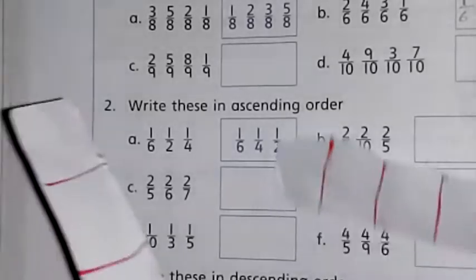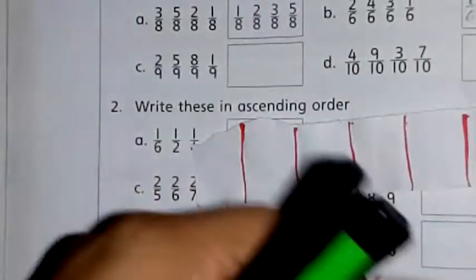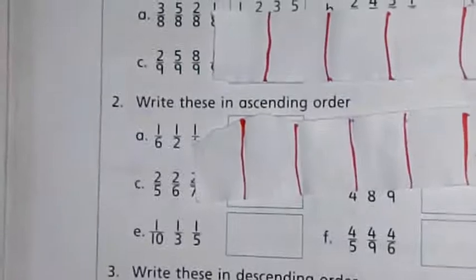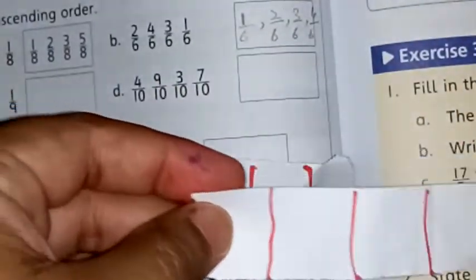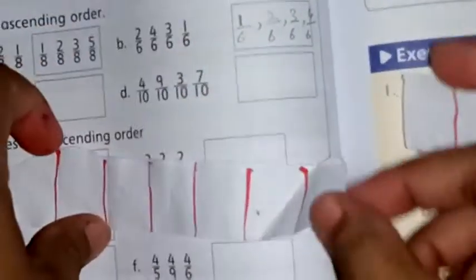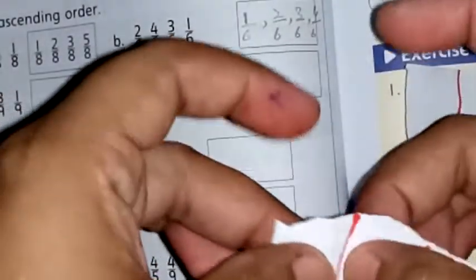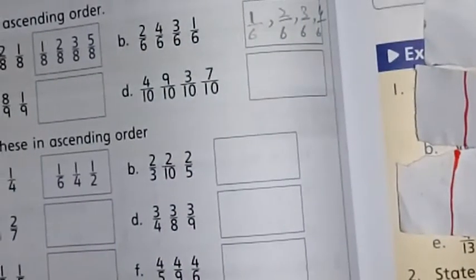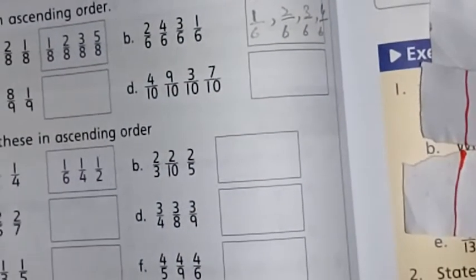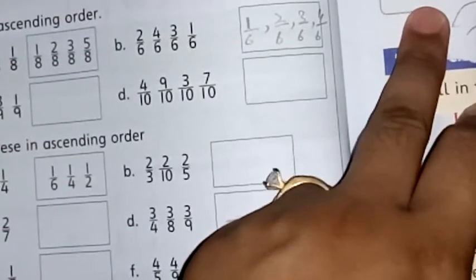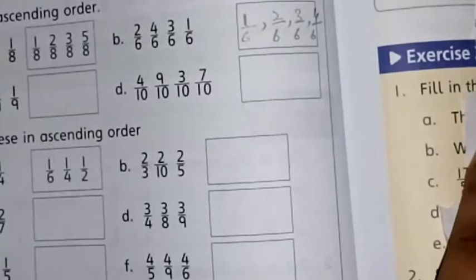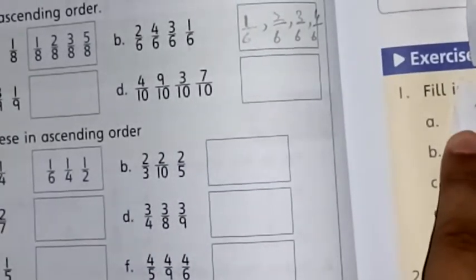Now I have done an activity before you, that I have torn a paper into three equal pieces. This is 1 2 3 4 5 6, and 1 2 3 4 5 6 7, and 5. So you have to see 5 by 7, 1 by 5 or 2 by 5. The colored pieces are 2 by 5. The colored pieces are 2 by 6. The colored pieces are 2 by 7.